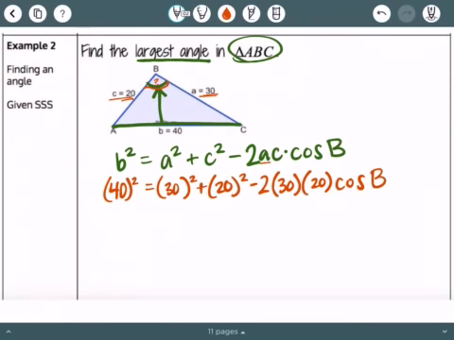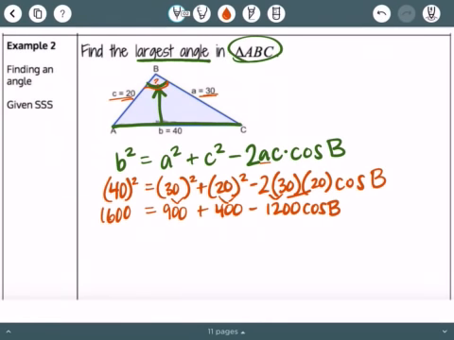That's my question mark. All right, so I'm going to leave that there. I'm going to simplify what I can. So 1600 equals 30 squared is 900, plus 20 squared is 400, minus 2 times 30 is 60, times 20 is 1,200, times cosine B,